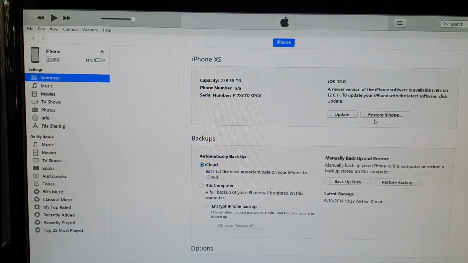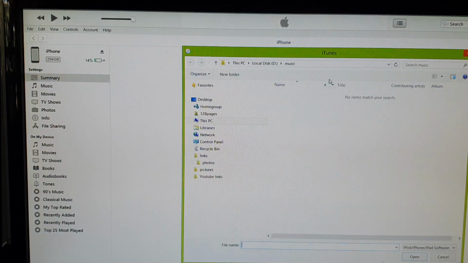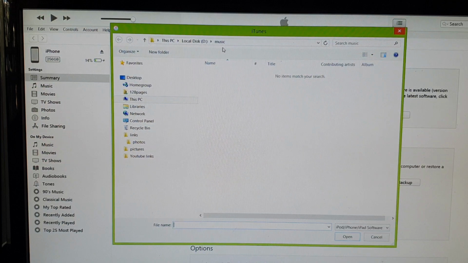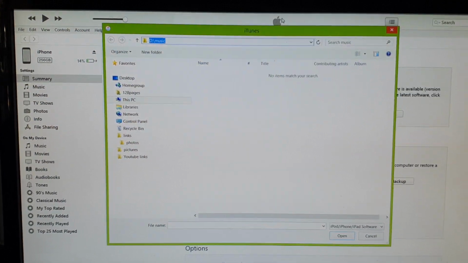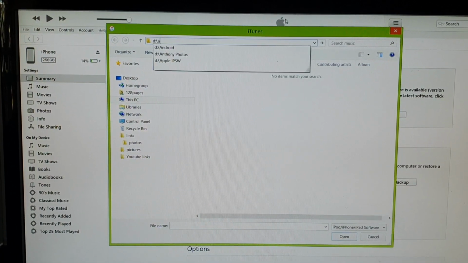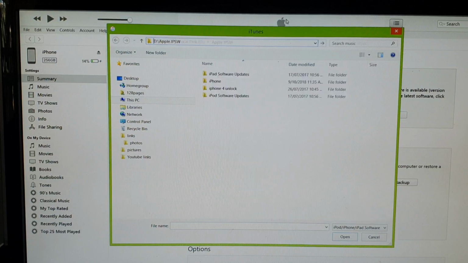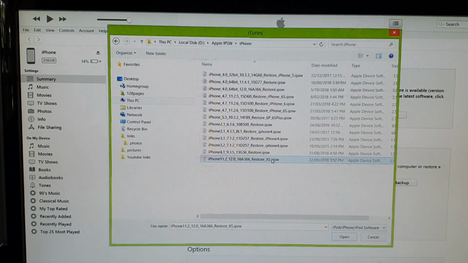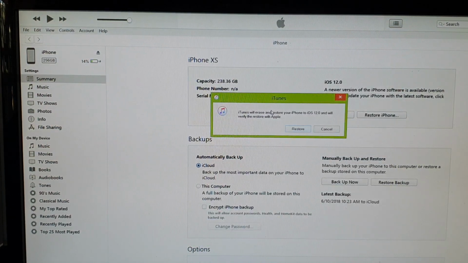You can also press the Shift button on the keyboard and then click on Restore iPhone, and what this does is it basically allows you to restore from a file that you have already downloaded onto your computer. So here are all the files I have downloaded. Here it is, the file. So we can simply click on that file and then click on Restore,